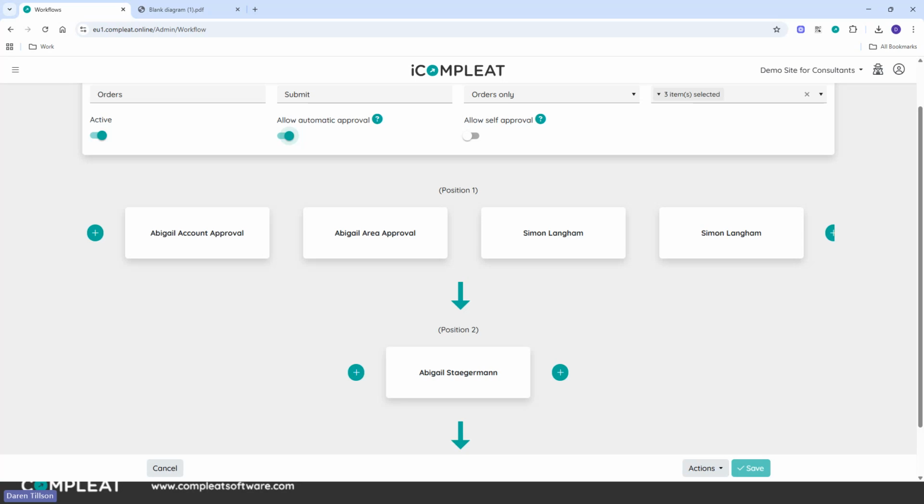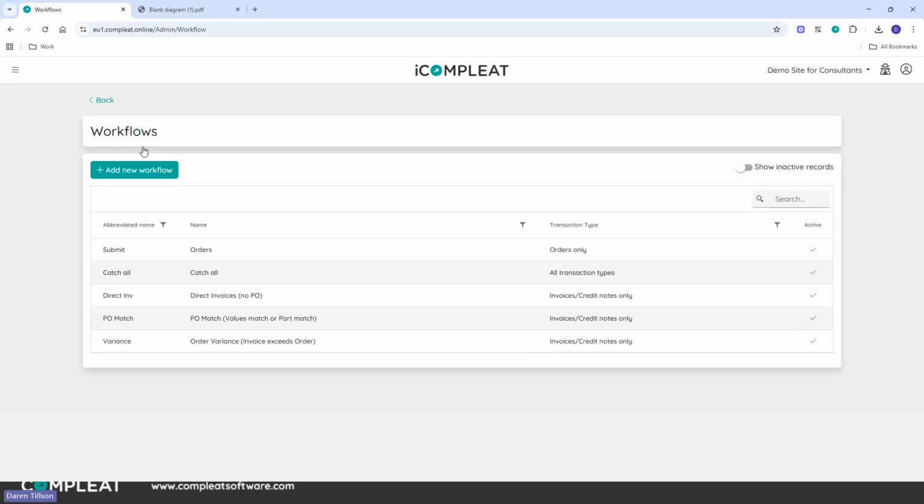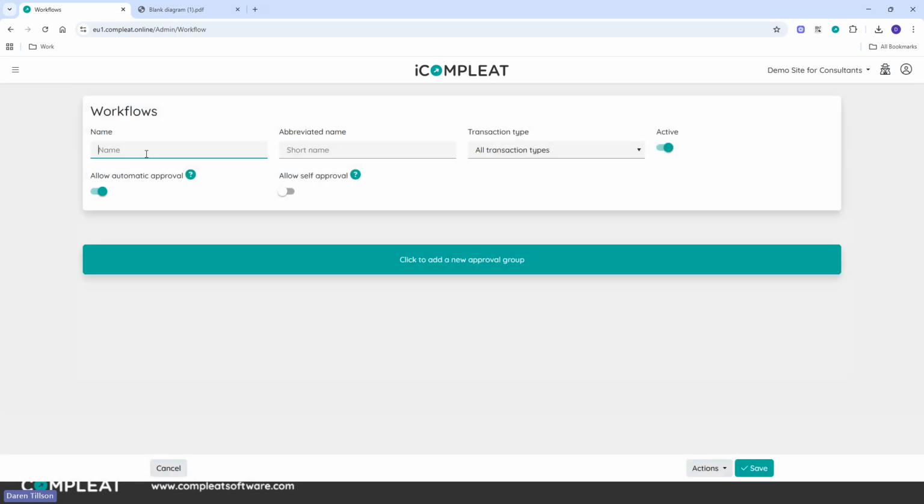Lovely. So I will just refresh the screen. Where are we? So if I want to set up a workflow for one specific vendor, could you go over? So yes, what if you wanted a workflow for one specific vendor, then what I'll be looking to do is,